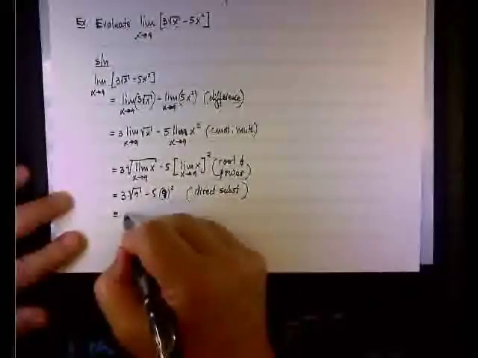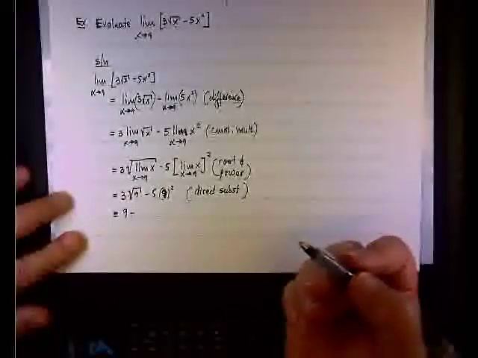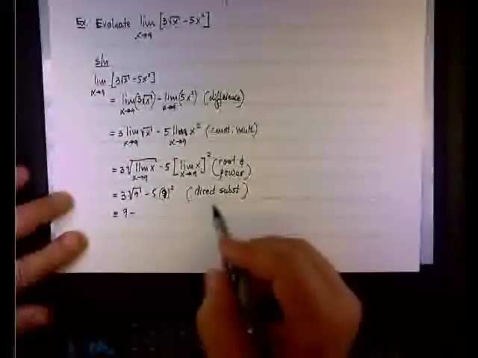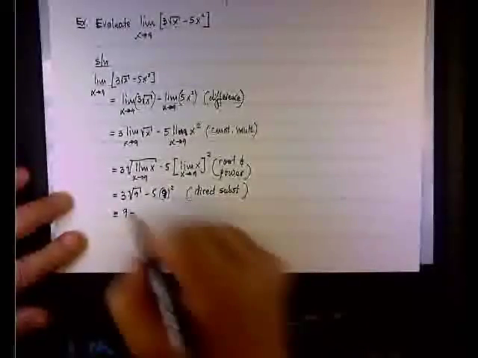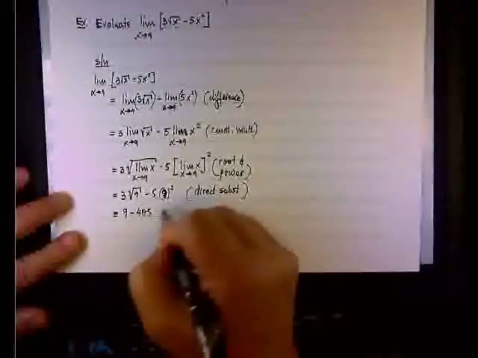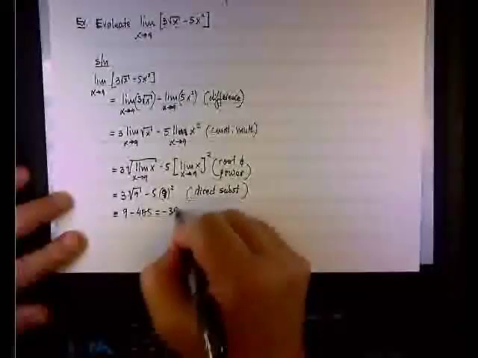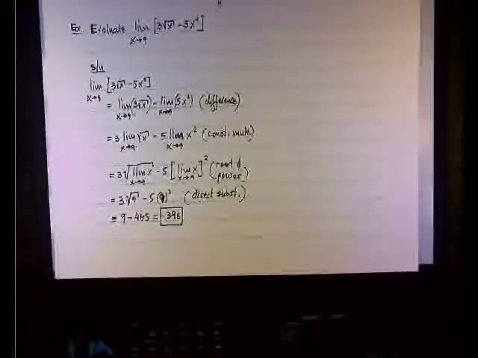So now we have 3 times 3, we have 9 minus 5 times what? 396. 9 minus 405. Yeah, 9 minus 405, you're right. Okay, so again,